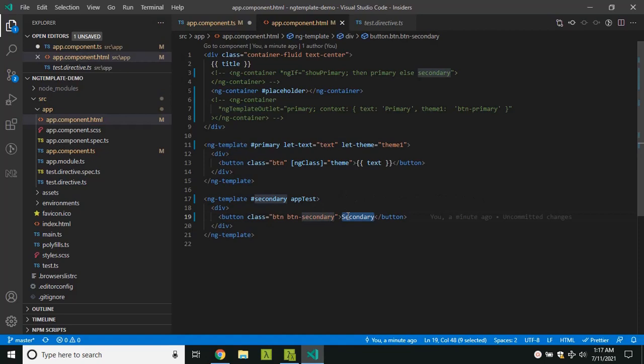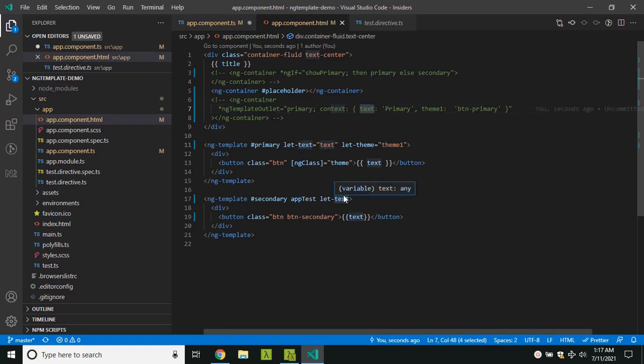Let's make one more modification. Here I am removing this and giving the name as text, and here I give let-text, but I didn't assign any particular value. If you remember, whatever value we give here is the key which we need to pass in the context.